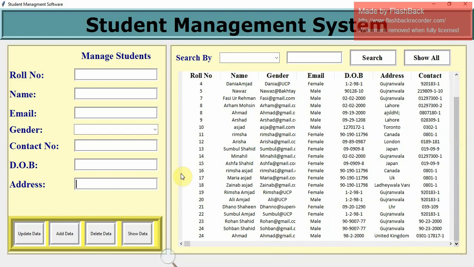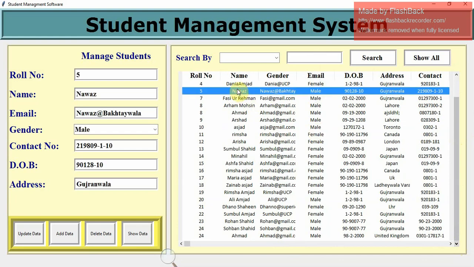Then if you want to update any record, suppose we want to edit the record of Nawaz, then just click on the Nawaz. As you can see, the Nawaz record comes into the entry boxes. Suppose you want to edit Nawaz to Nawaz Mughal.